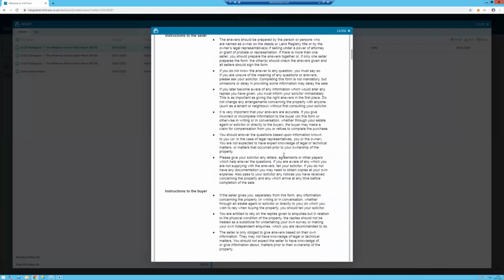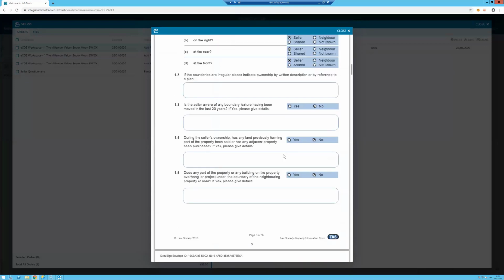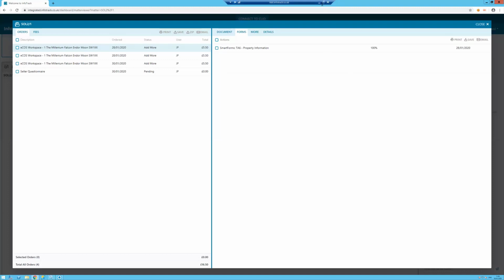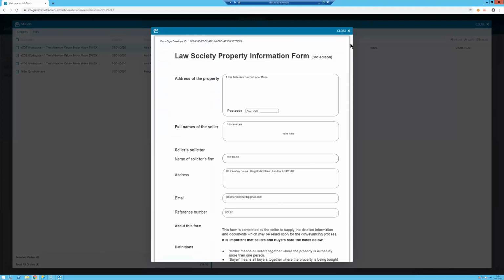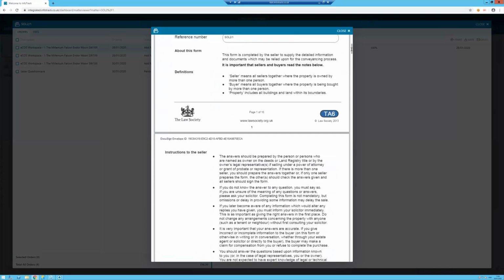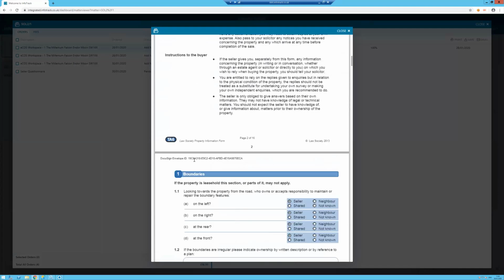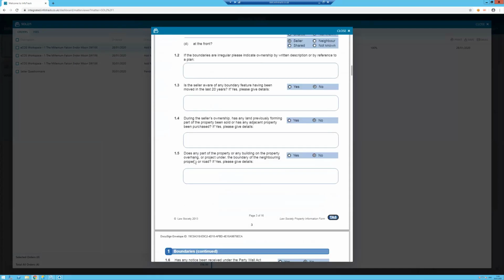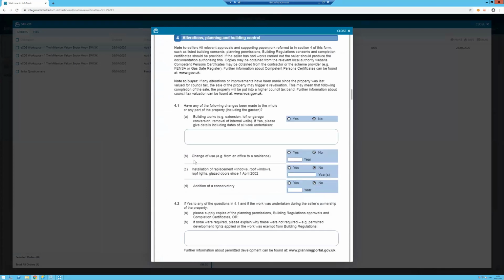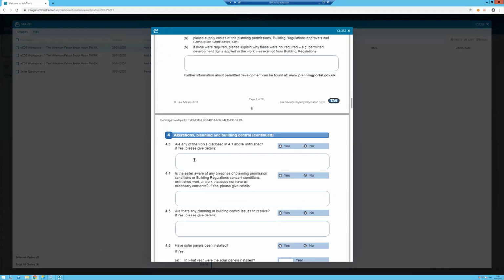So you should be able to see on the 100% completed property information form, and on there you will have the signatures on the form as well. So we go down there. All of the mapping has happened onto the form, and we've done the magic of making sure that the form is exactly the same template as the Law Society,